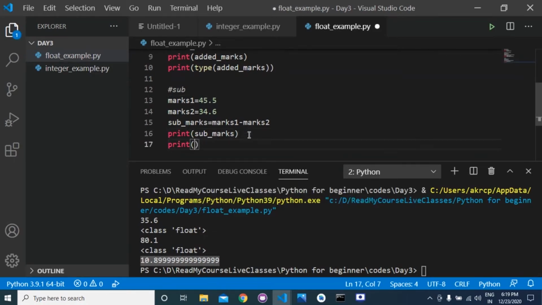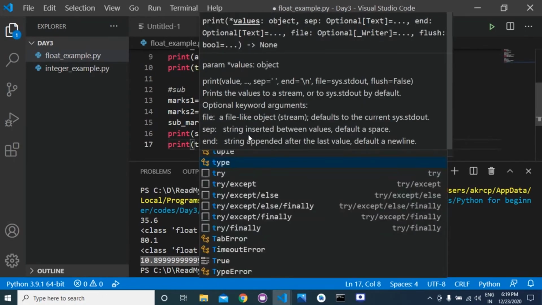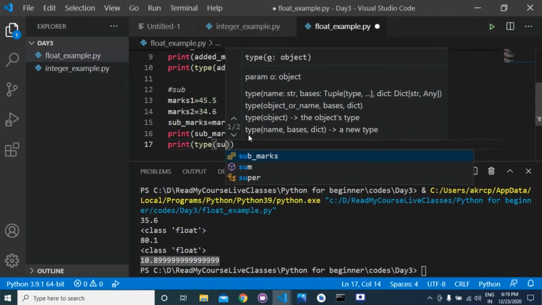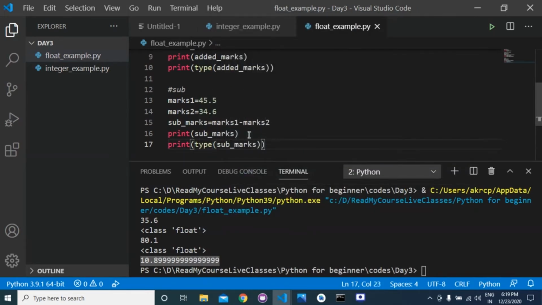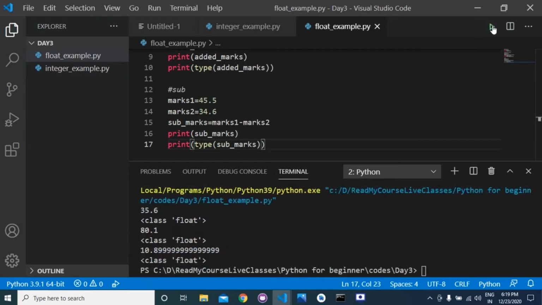And if you print the type of subtracted marks, you will again get float.